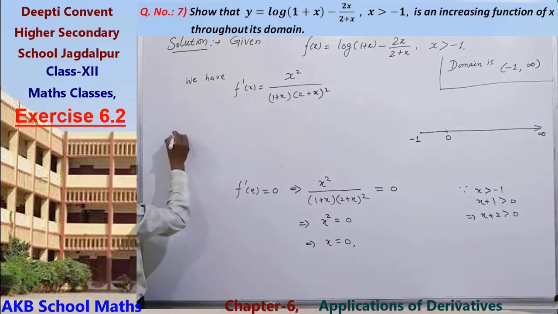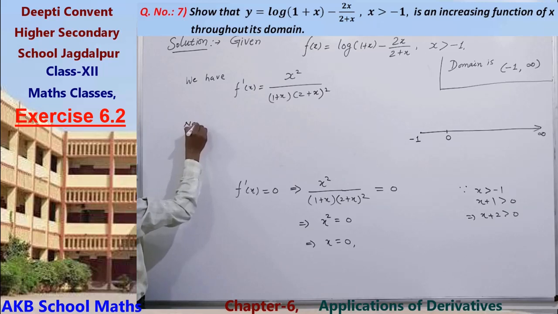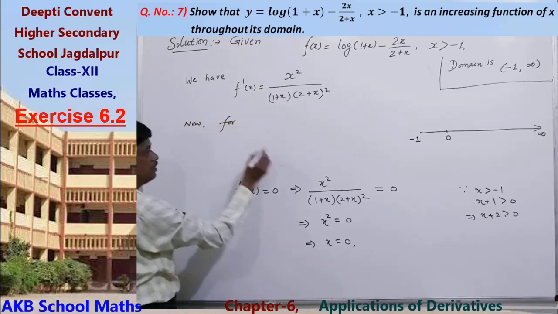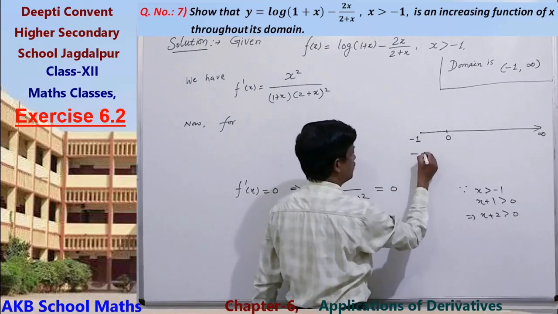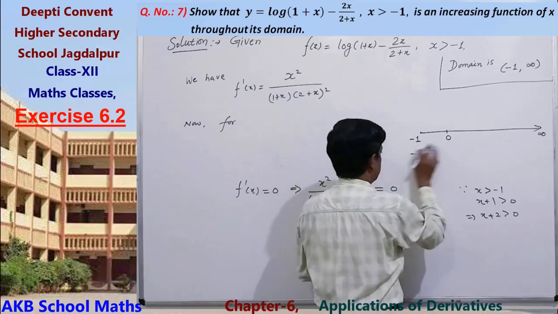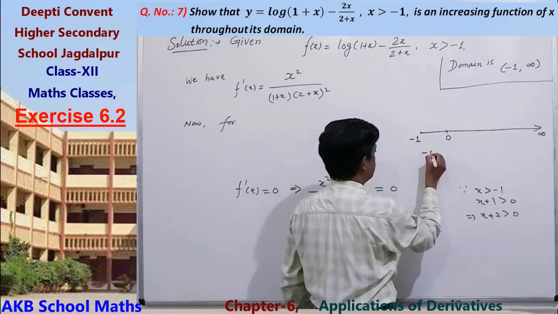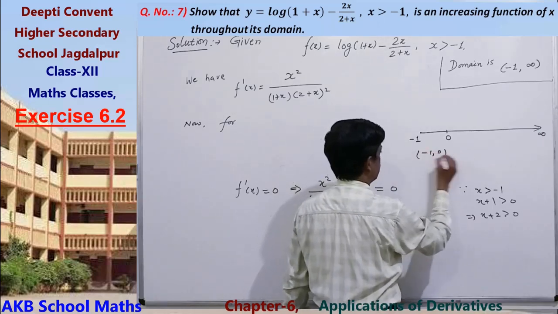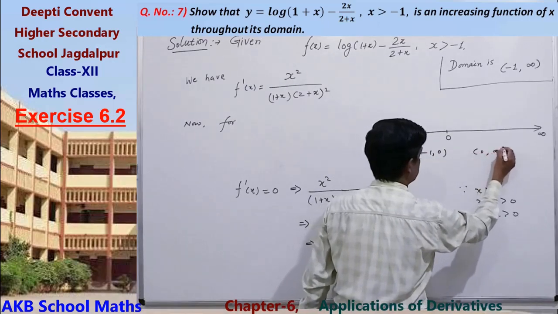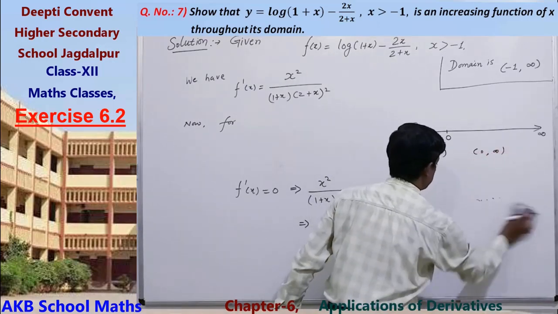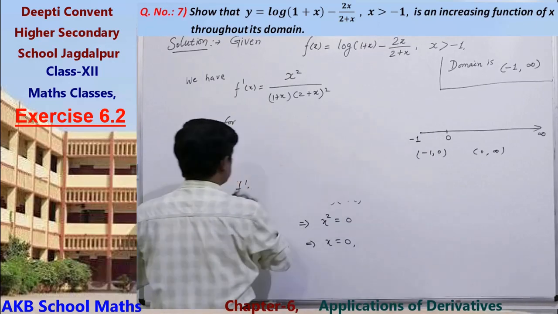Now for this interval, minus infinity to minus 1, minus 1 to 0, or here 0 to infinity, there are two parts. Okay. Now for this part,